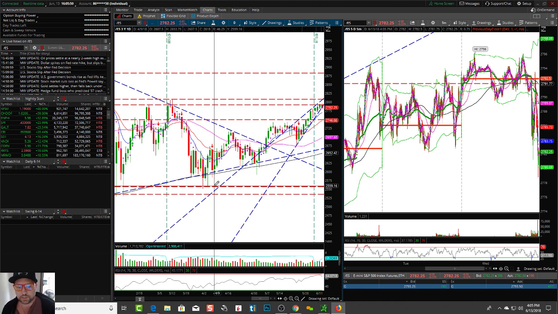Incredibly important to learn. So if you're new and you don't know how to draw these lines and find these patterns, make sure you're not trading with real money because you're going to lose it, right? We say it over and over again, you're going to lose money if you don't know how to do stuff like this, because everything is about patterns, support, and resistance.